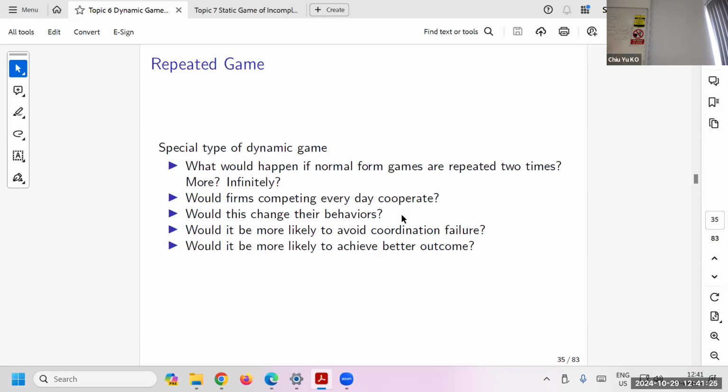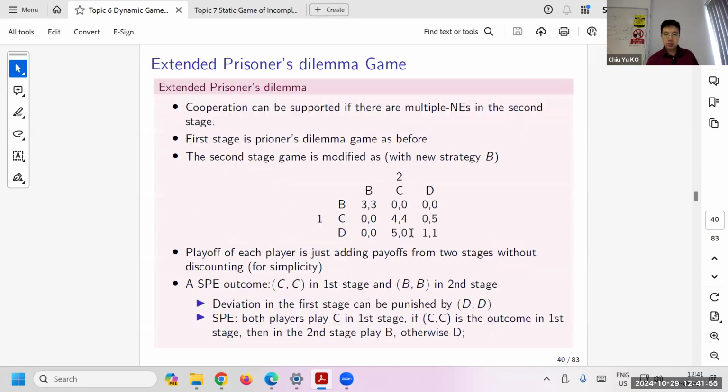So we want a case where we are able to generate cooperation when you allow multiple interactions. We know that with a finite period, it can't work, no matter how you change it. With an infinite period, it can work if players are patient. Or you can change the game and allow multiple equilibria, and then it works. So if you allow a single stage game like this, then even with a finite period, it still works.